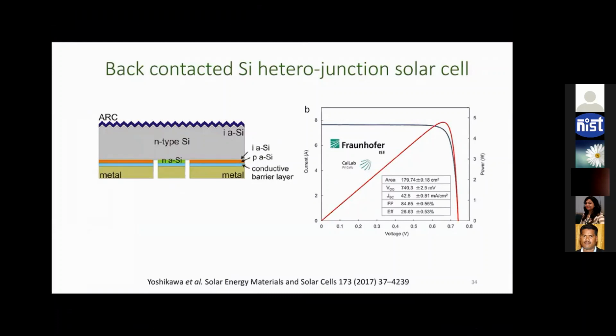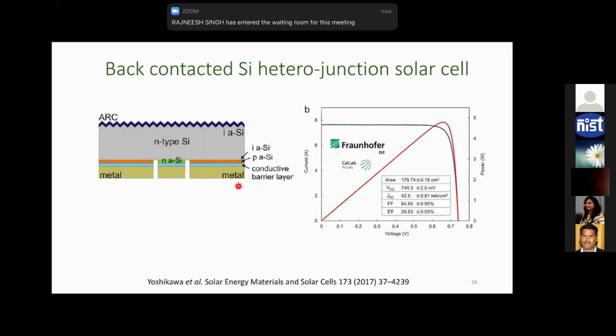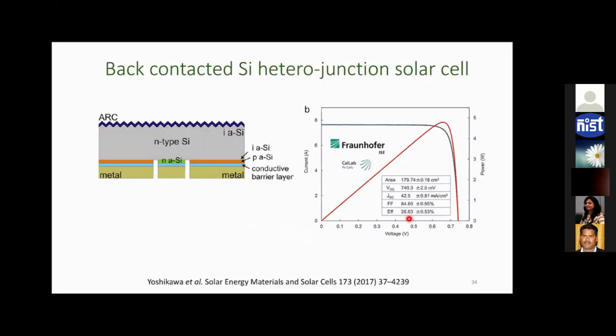Okay. So see, this back contact silicon heterojunction solar cell is already in the market, and people are making high efficiency modules. So this efficiency is for a single solar cell at the laboratory scale. But the beauty of having a silicon solar cell is that once you make a module out of these single solar cells by connecting many solar cells in series or in parallel, this module efficiency is quite close to the single solar cell efficiency.